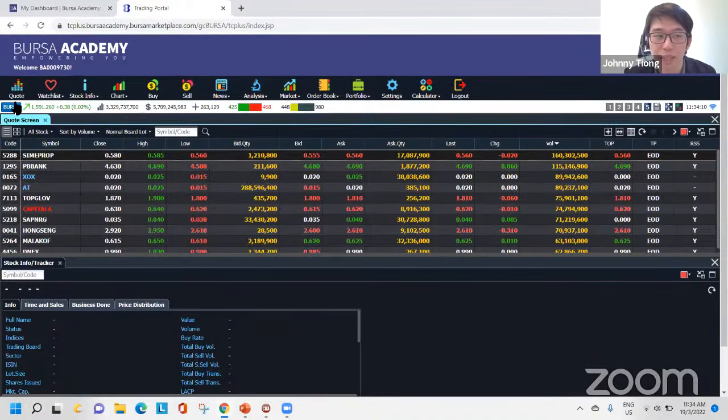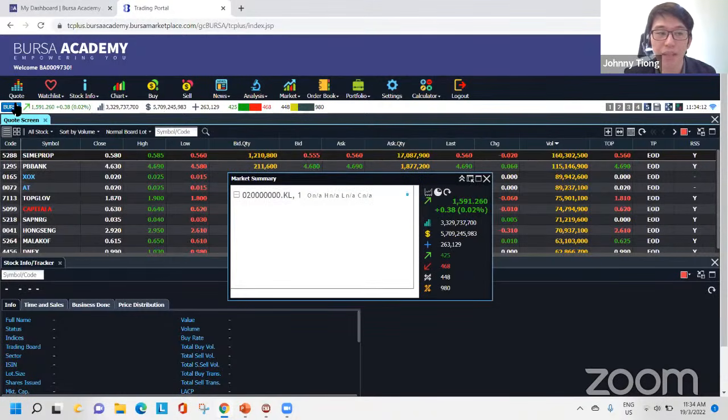Okay, so in this platform, let's say if you are investing in other markets, here you can see Bursa. When we press Bursa, you can see maybe SGX, Hong Kong. But for this simulator, it's only custom made for Bursa Malaysia. So when we press, then we have the Bursa here, and it pops up another window.